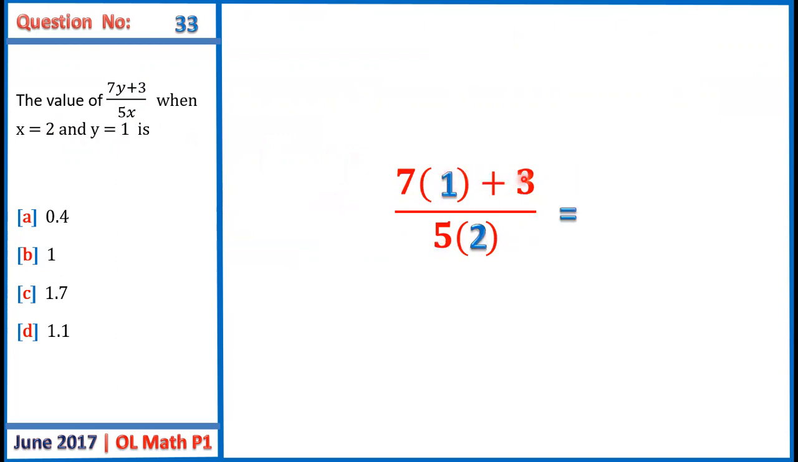So 7 times 1 is 7, plus 3 is 10. So we have 10 on 5 times 2, which is 10 on 10, which is equal to 1. So this is all about numerical values. Just substitute the given values of x and y into the expression to find the numerical value. The next example,